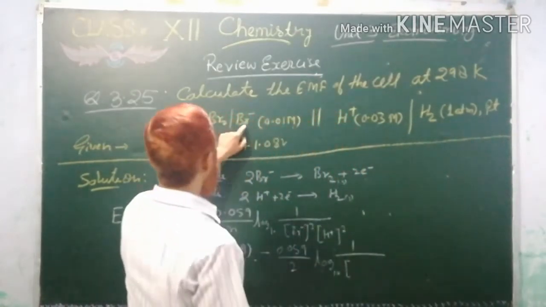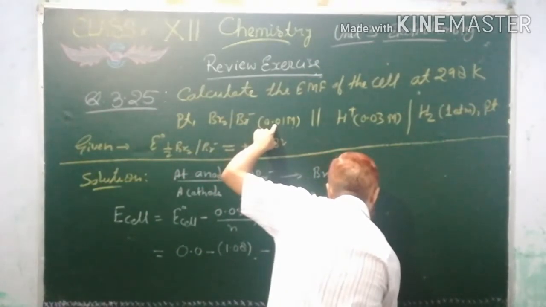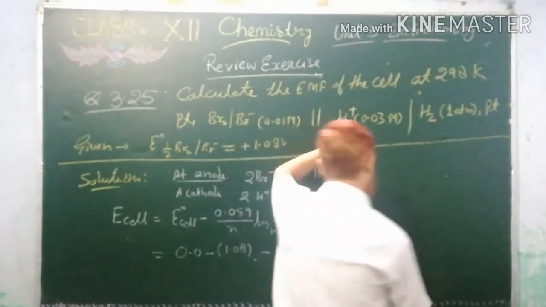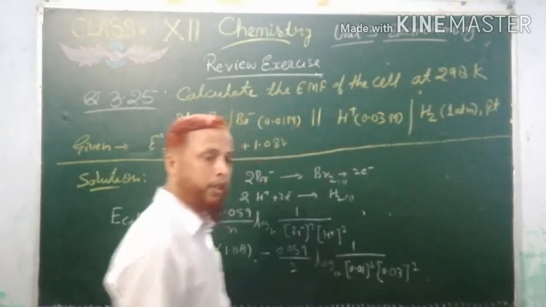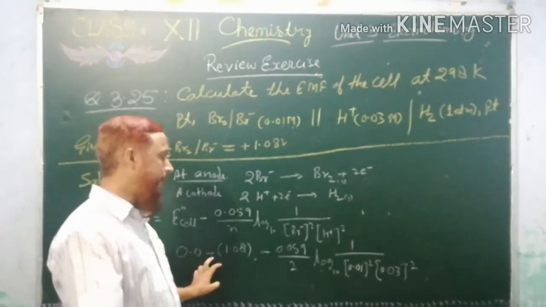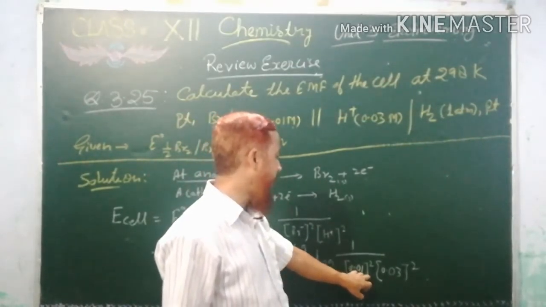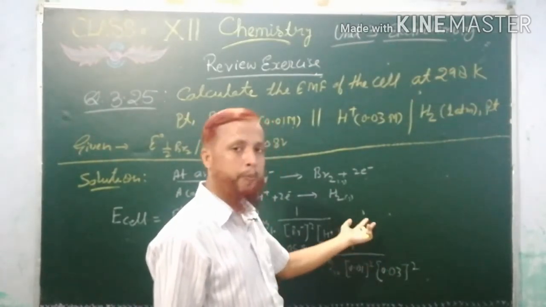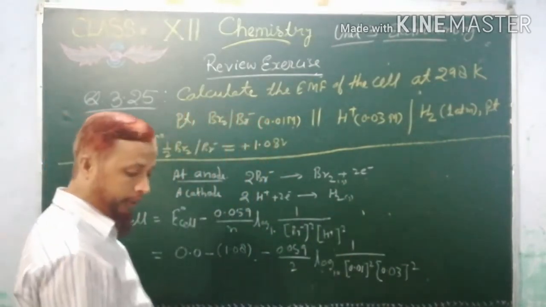So you see concentration of bromide ion is given 0.01, so 0.01 squared, and concentration of hydrogen ion is given 0.03, so 0.03 squared. So I hope now you can solve this. Now use the mathematical concept and solve. This will be 9.0 into 10 to the power minus 8, and then that minus 8 will go upside, it will become 10 to the power 8 log 10 upon 9, and then you can solve it, you will get the answer. But you see your answer in the book